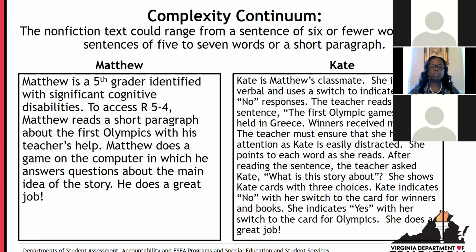But in terms of how Matthew accesses this particular VESOL, he reads a short paragraph. It's appropriate for him to have the end of that complexity continuum. So he is going to be reading a short paragraph.